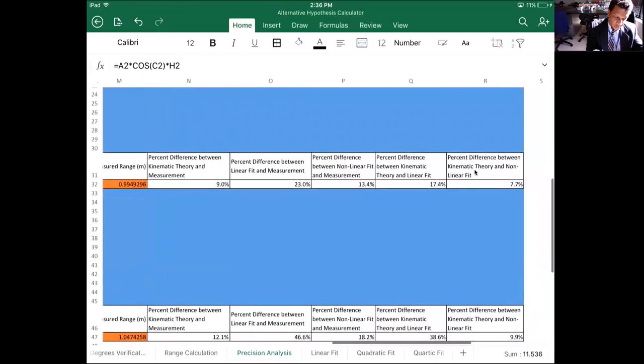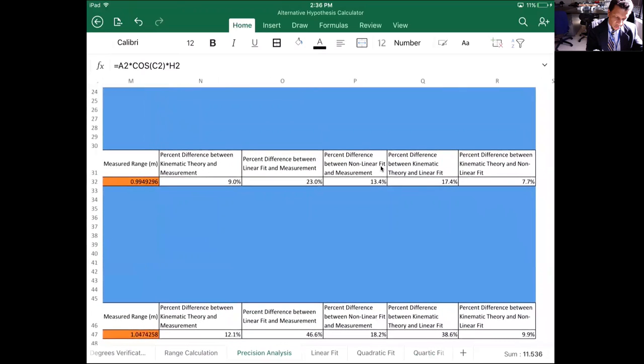If we go on over, you'll see that our percent difference between our nonlinear fit and measurement gets lower than our percent difference, but it's high. And then we have our percent difference between kinematic theory and our linear fit theory, which is around 18%, 17%. So we go from 9% to 23 to 13.4 to 17.4. Now look at what happens with our percent difference between our kinematic theory and our nonlinear fit. It's around 7.7. So I would definitely go with this one over